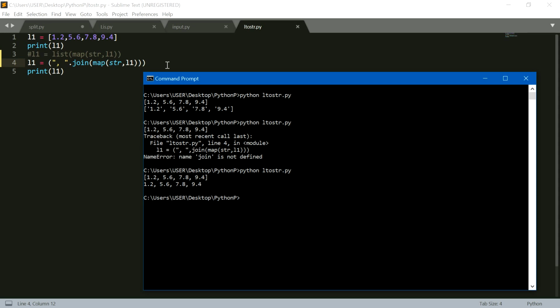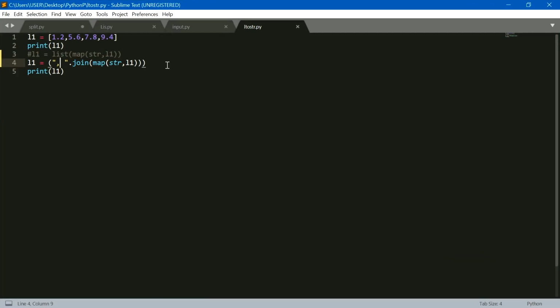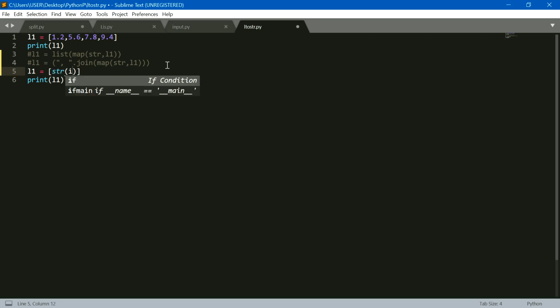Also, there is a second method to convert this float list into a string list. So how can we do that? Just write in this way. Using a list comprehension you can convert this list into a string list. We just write L1 is equal to str(i) for i in this list L1.